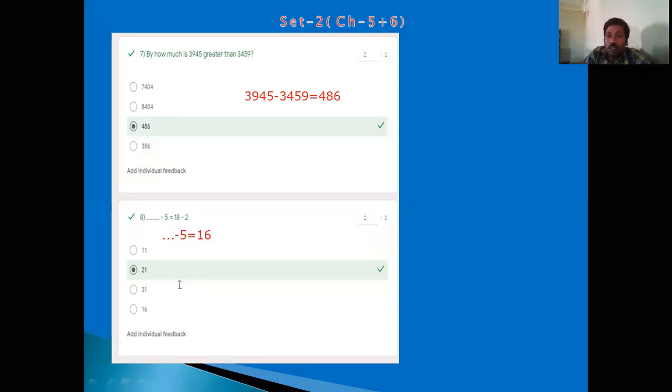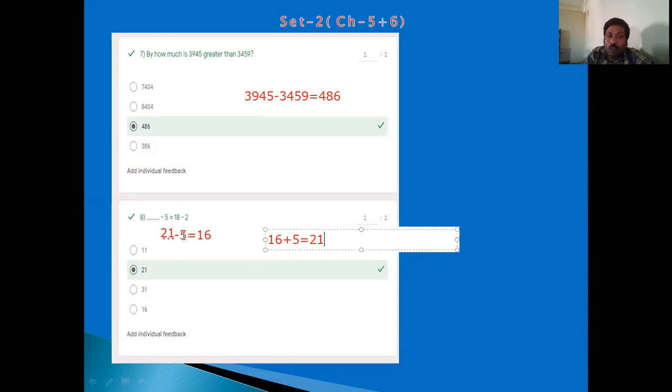Now the question is here. Which number comes in this blank space? When 5 is subtracted from this number, we get 16. So if you calculate this mentally, we find that it is 21. 21 minus 5, we get 16. But how can we solve it in the proper method? Yes, 16 plus 5 is equal to 21. These two numbers are given, minus 5 and 16.